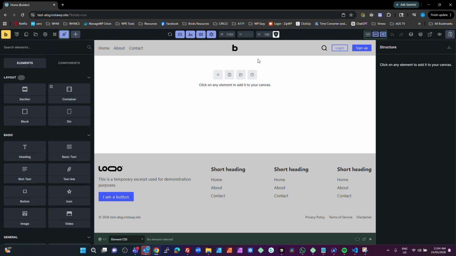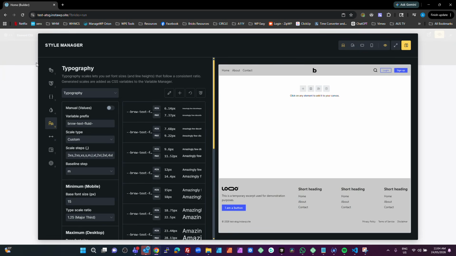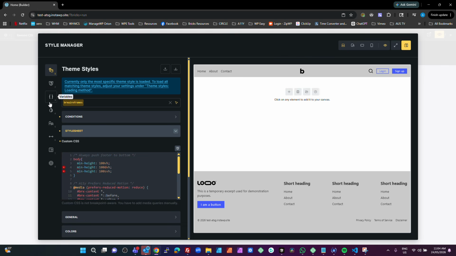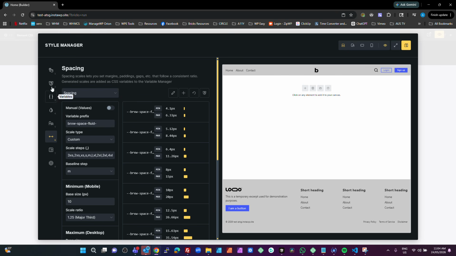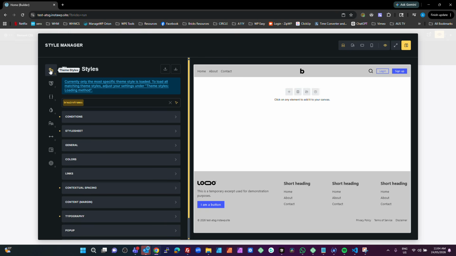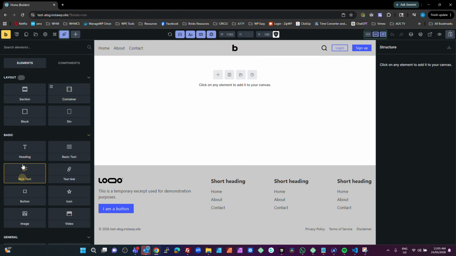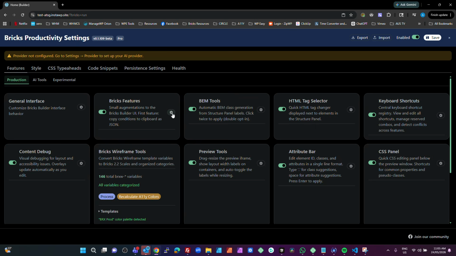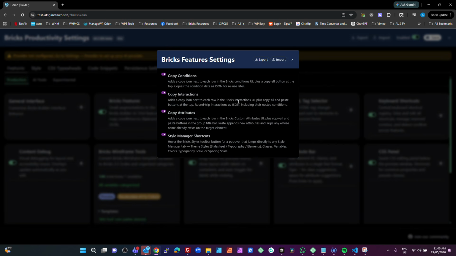The standard behavior of BRX to get into the Style Manager is you go to this icon on the left, you click on that, and then you find your way through to, say, Style Sheet, or if you want to get to your spacing, you go there. If you want to get to the typography, you've got to click on that, go down, find your typography. What we've done here is we've added a little hover shortcut. So if we just turn that on,